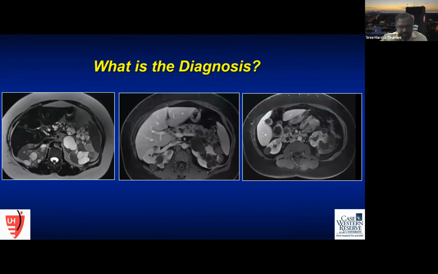Now here I have a trivia just to make it more interesting. This is a patient with T2-weighted images and then the post-contrast axial images, mainly focusing on the pancreas and the kidneys. The main finding here is numerous T2 hyperintense lesions throughout the pancreas. Almost the pancreas is totally replaced by cysts. And the same thing in the kidneys, you have numerous cysts, some of them showing some septations, one of them actually having a T2 dark signal. On the post-contrast images, the pancreatic cysts do not show significant enhancement, but yes, I see the answer already from